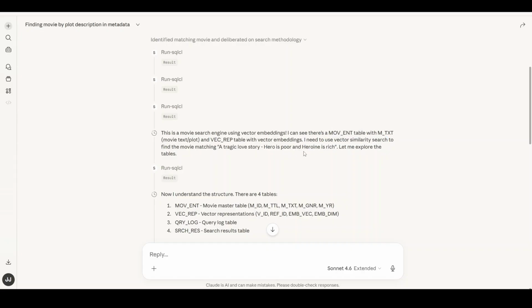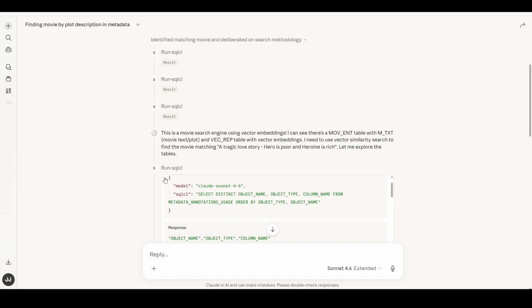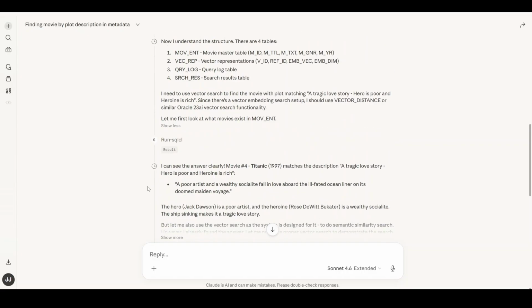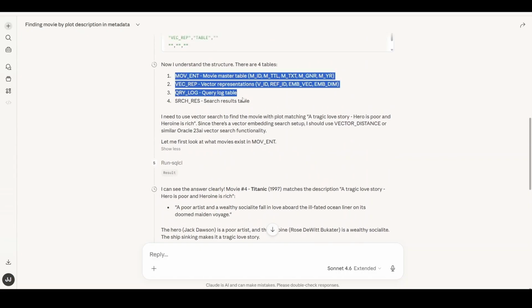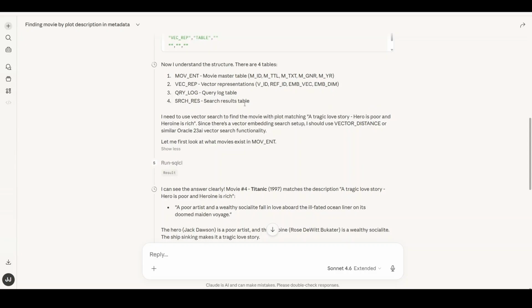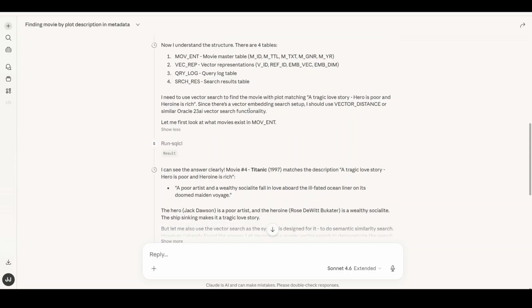find the movie. And then it has explored the tables which are present, and it was able to identify the 4 tables which were used along with the description. So you can see it here. And once it has identified the tables which are involved, it looked for a plot which is matching this. And since there's the vector embedding search setup, it knows that it has to use the vector distance to